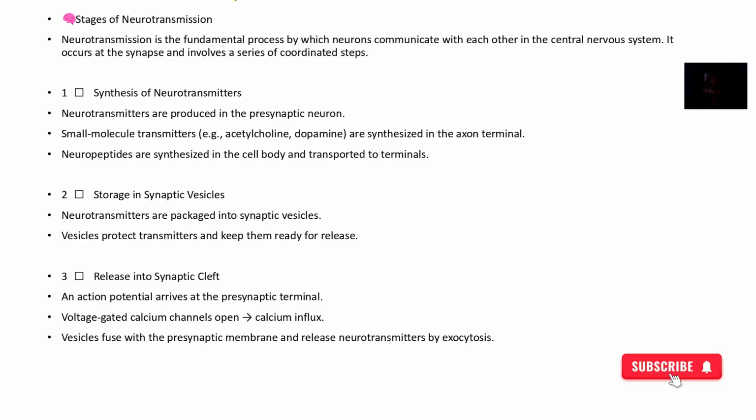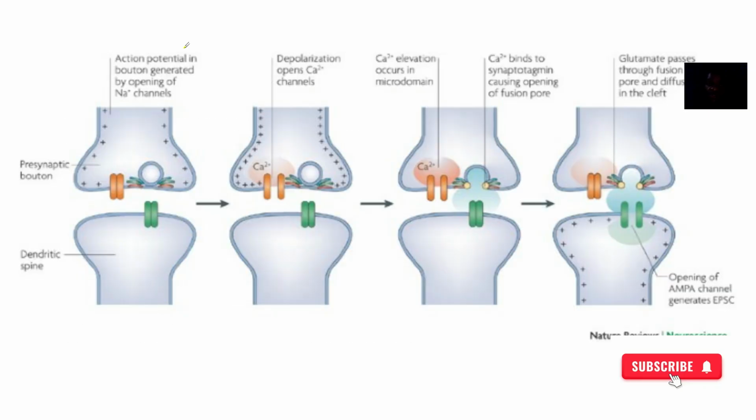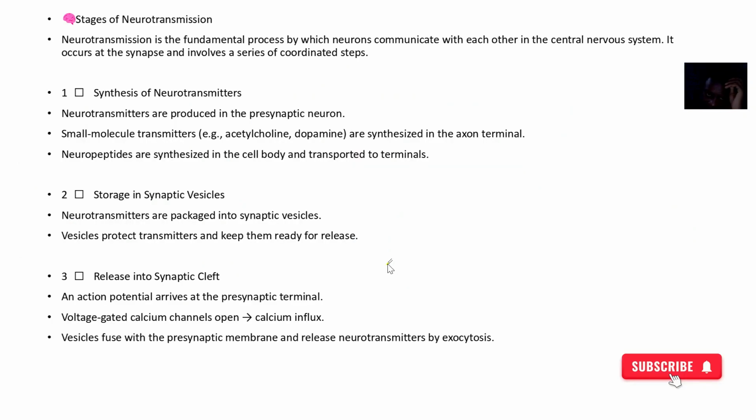So stages of neurotransmission has to do with what are the different things that make it so that this nerve is able to communicate with this other nerve. Alright, so everything that makes a nerve able to communicate to the next nerve. So let's look at it. So stages of this is, first of all,